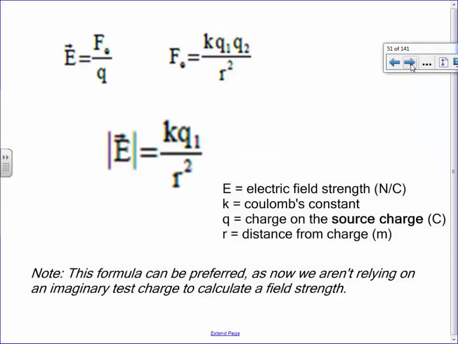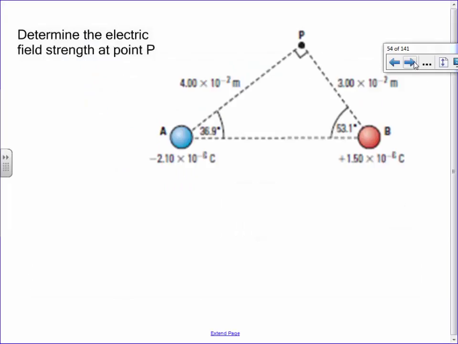Then we learned a formula later about this one right here. If you want to find the field strength of an individual point charge, it's kq over r squared. So this is the field of just one particular dot, how much field strength it has. And that's kind of where we ended, only we got back to that same example where you might have to do this in 2 dimensions as well.